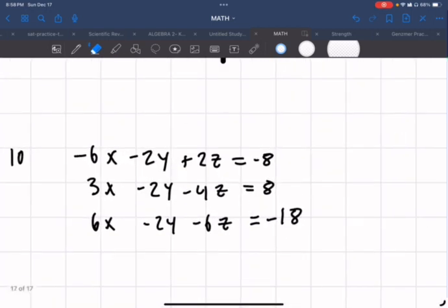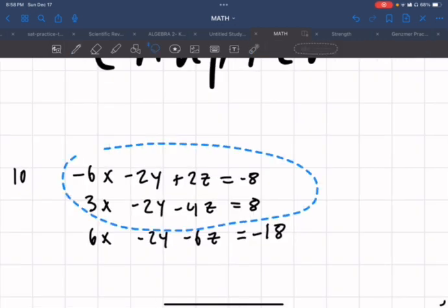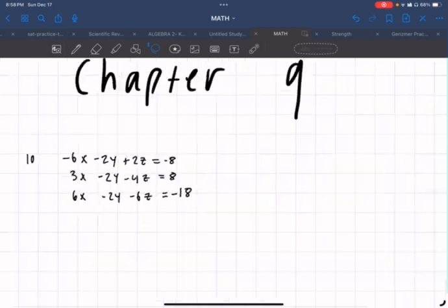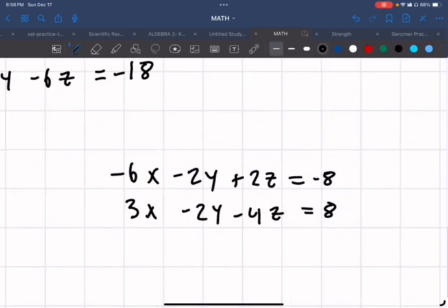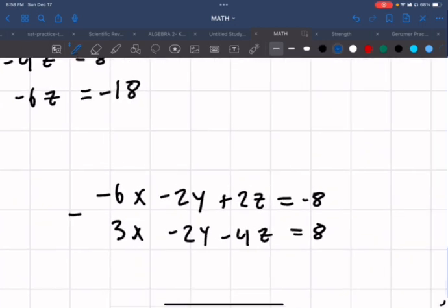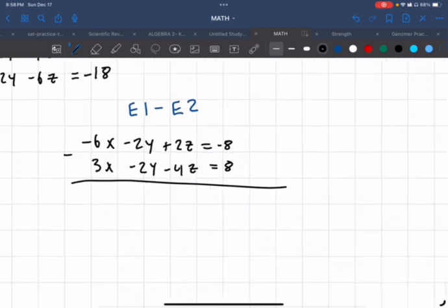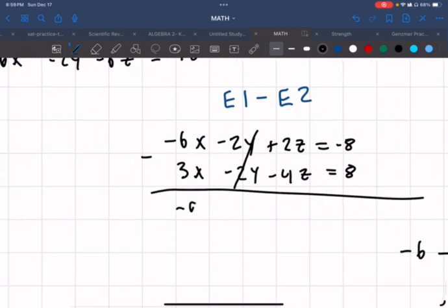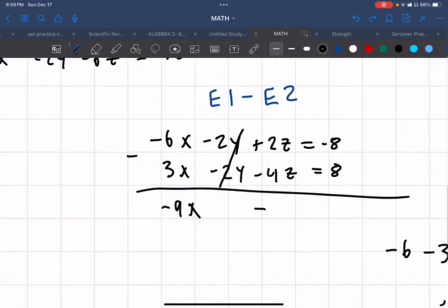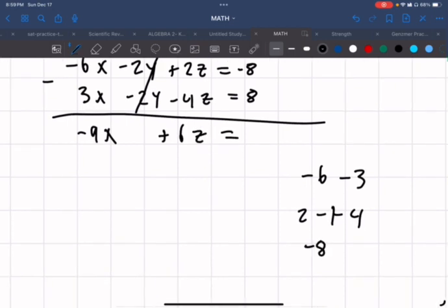I already noticed that there's negative 2y in these equations. Let's take 2 of these equations and cancel out some terms. Negative 2y and negative 2y we can subtract, and then they cancel out. For this one, we're doing the first equation minus the second equation. Negative 6 minus 3 would be negative 9x equals, 2 minus negative 4, plus 6z equals